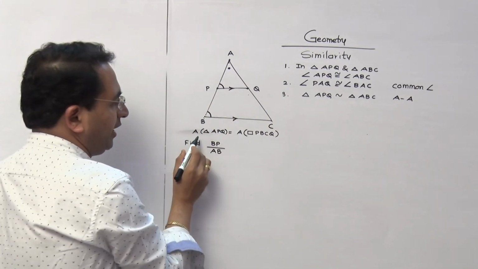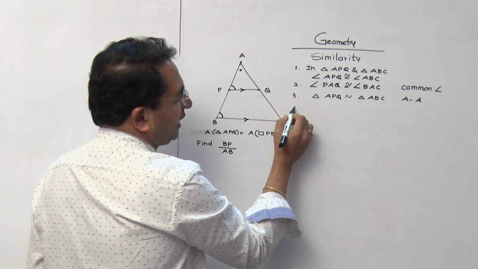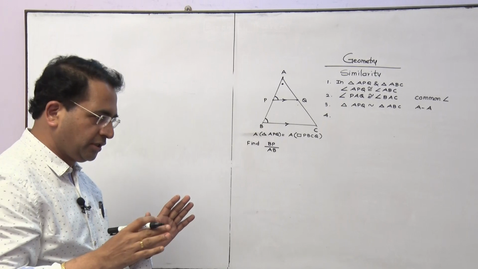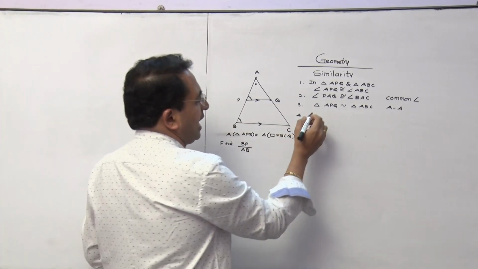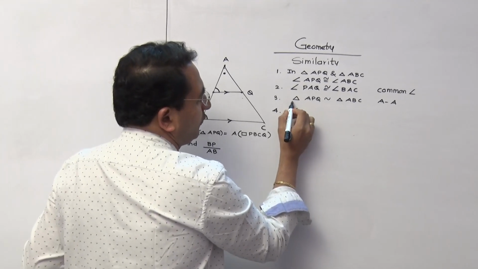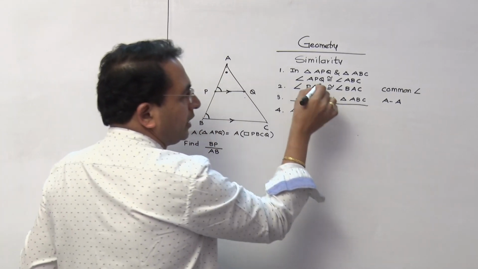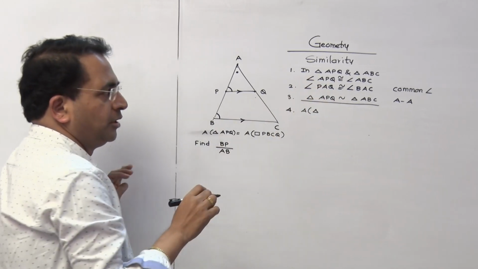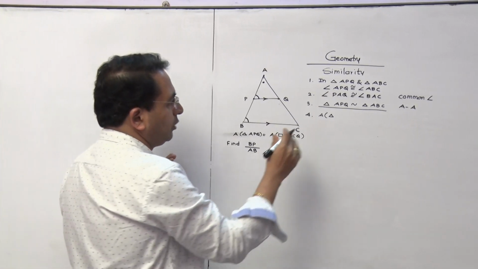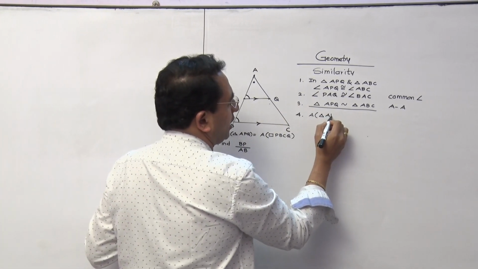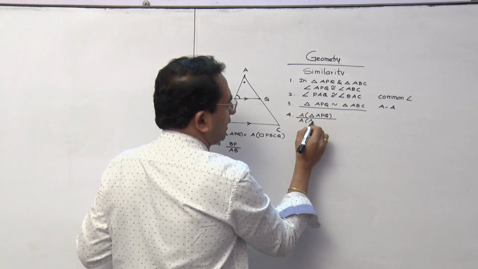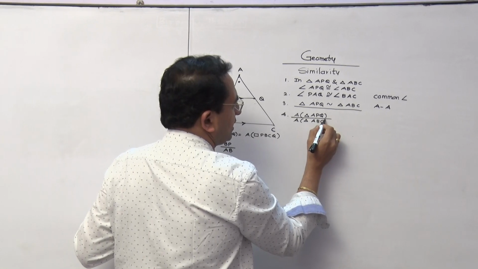Now it comes to area. Now it is not the ratio of areas with respect to any two triangles. They are similar triangles, and that's why we have to go for another theorem. If you write this much, you are bound to get 1 mark, because unless you prove the triangles similar, you cannot go ahead. Now the second part: area of triangle APQ upon area of triangle ABC, that is equal to,